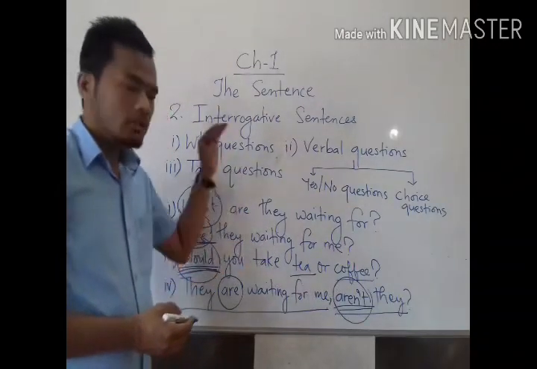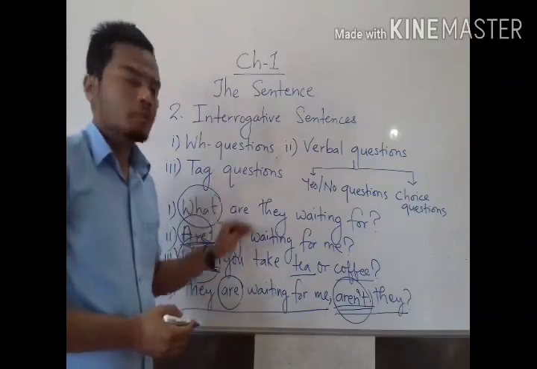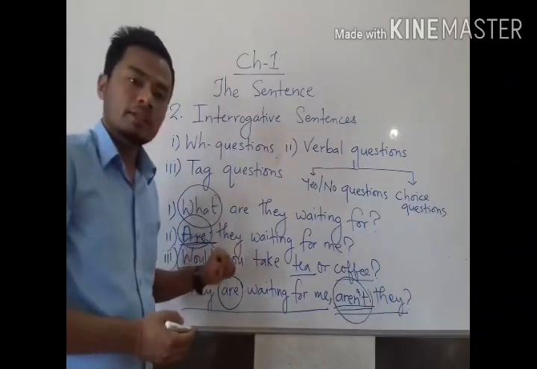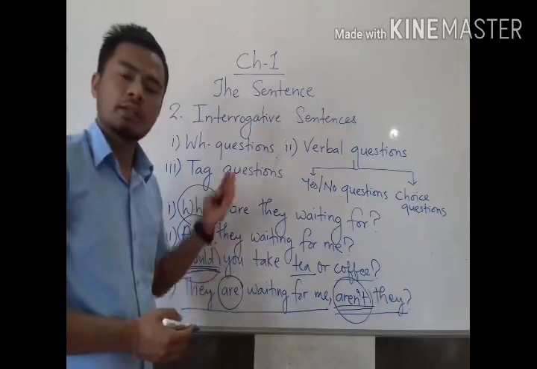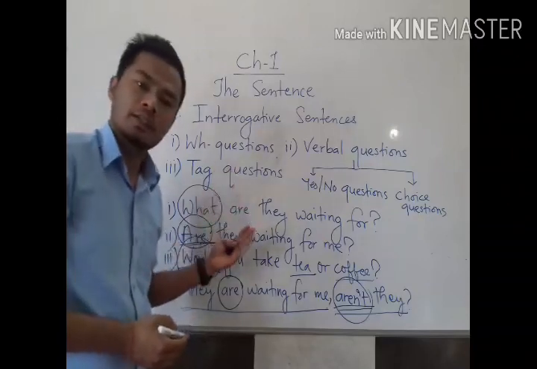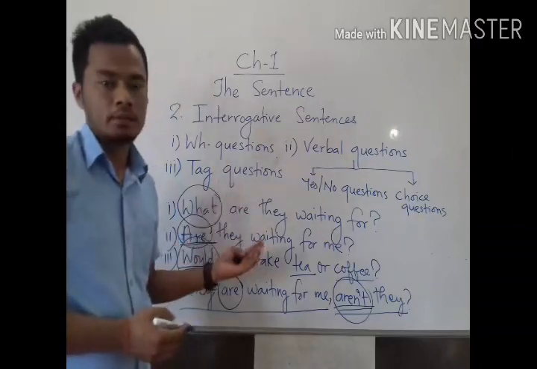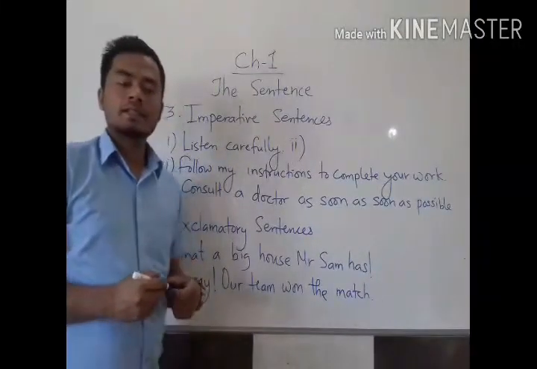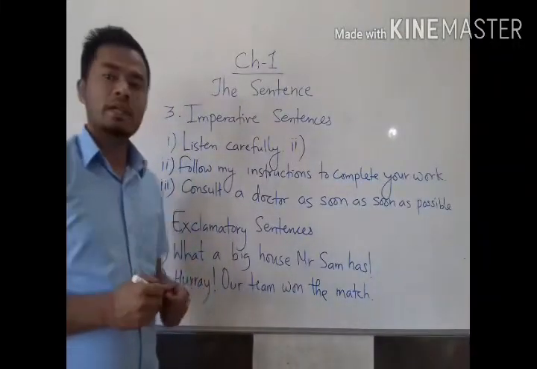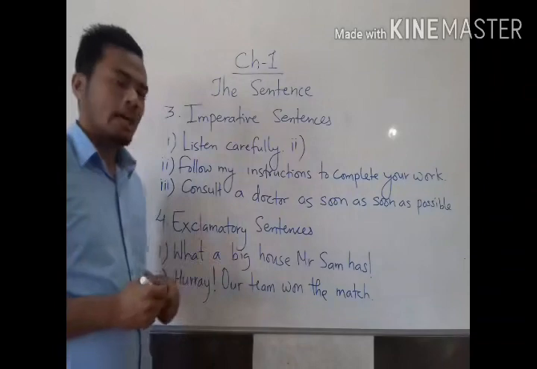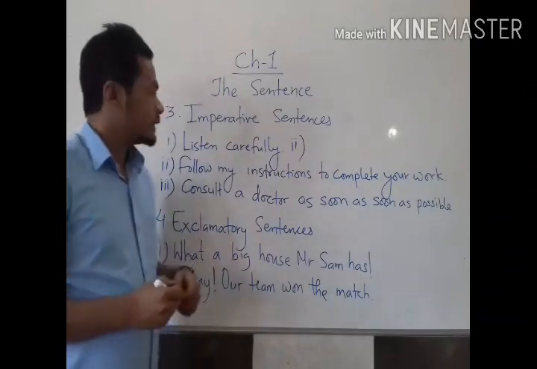So these were all examples of interrogative sentences, and I hope you have understood interrogative sentences and the kinds of interrogative sentences with examples. Now let us discuss together imperative sentences and exclamatory sentences. See here,